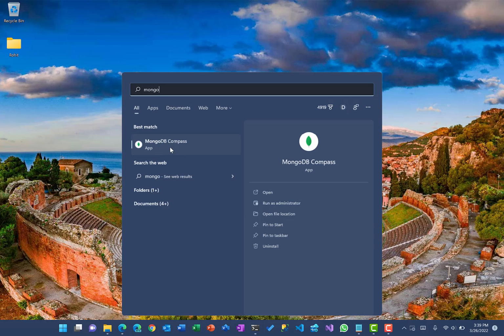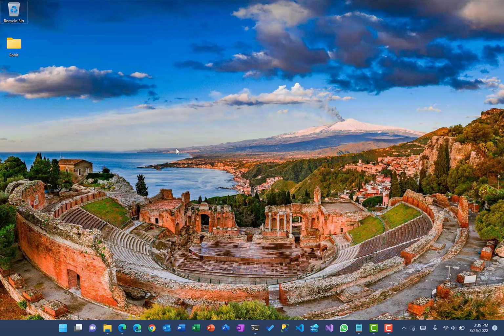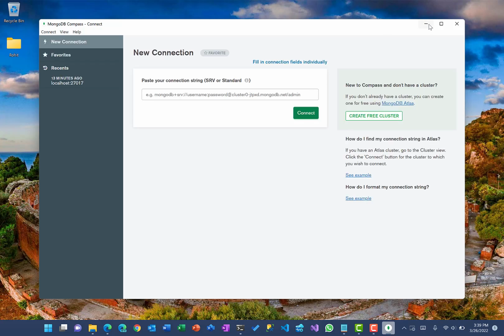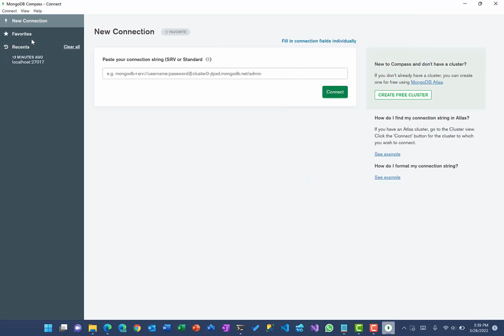It's an app that gets installed on your local PC. So once you run this, you can connect this to a variety of servers. You can use multiple connections. So I'm going to use a new connection out here, and once the new connection is done, I'm going to pass on the actual MongoDB